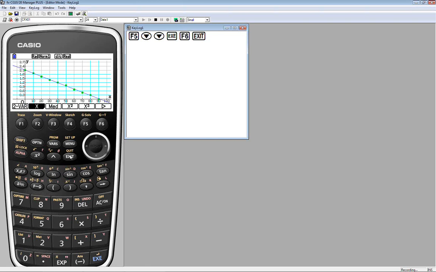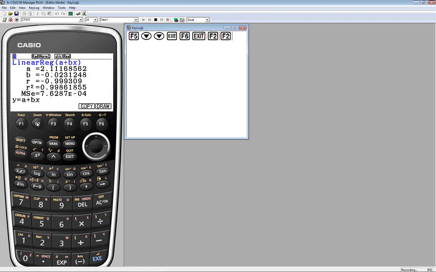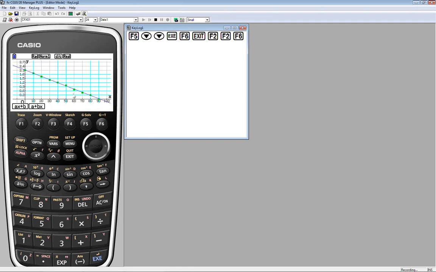I'm sorry, I just did something without saying what I did, which was to hit F6 for the draw to see this. And you may say, well, it doesn't look very green right now. That's true. When you use that particular draw command after you've done the linear regression, it does appear as a thin blue line at first. And that can be changed. We'll see that.